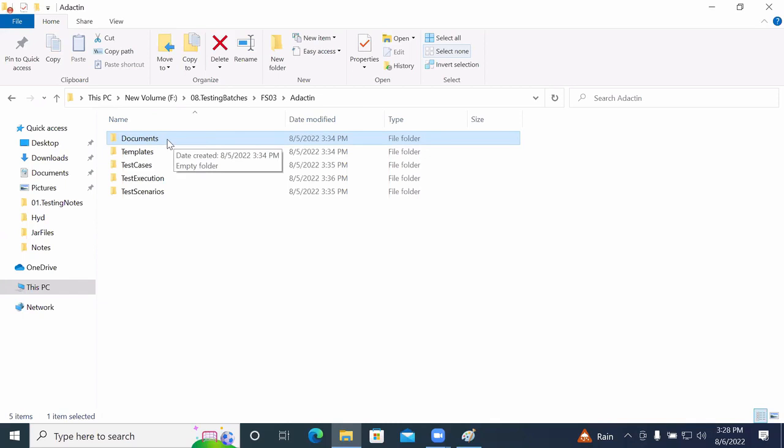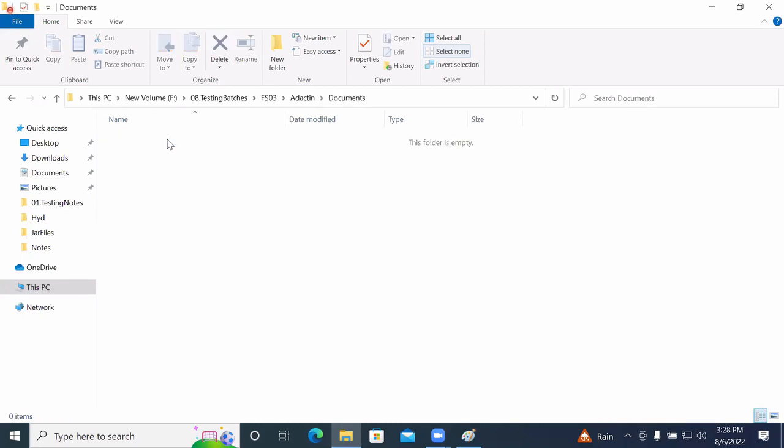What is the folder we provided? Documents. So under the documents folder, we are able to maintain all the requirement documents related to our project. Whatever the requirement documents are there, all of them will be available in this particular folder. What I require is that you maintain all these folders in your local system. For now,